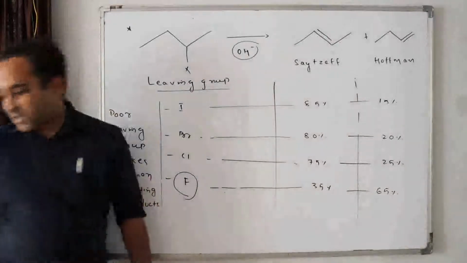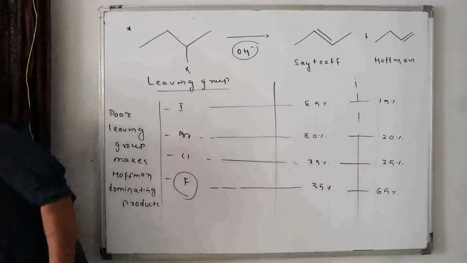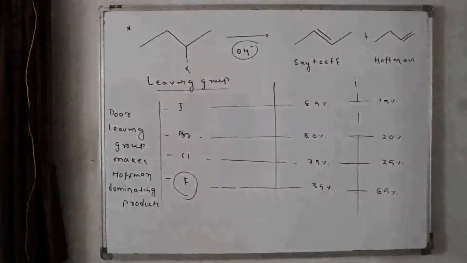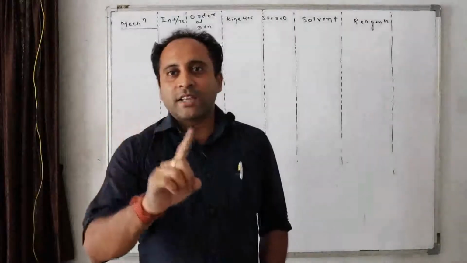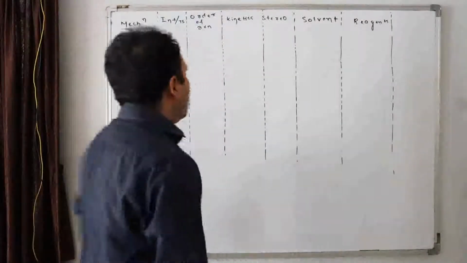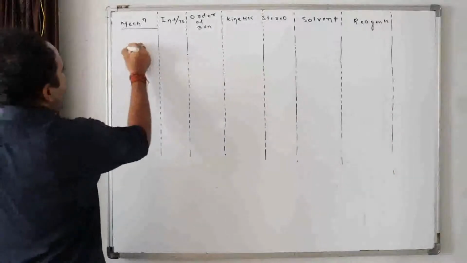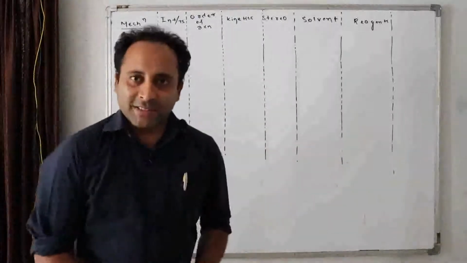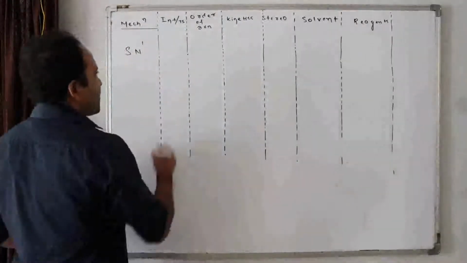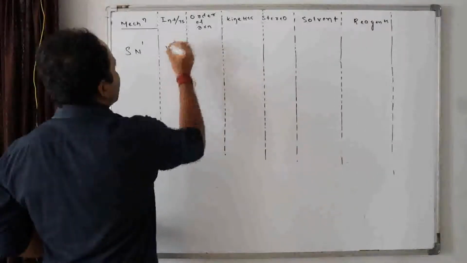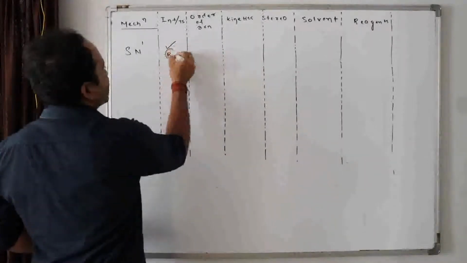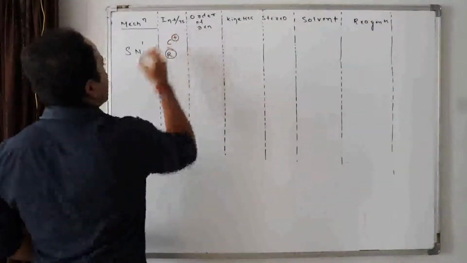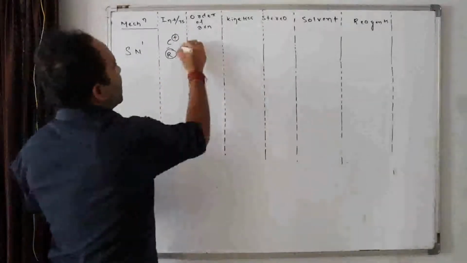Now, the next analysis. What is the next analysis? Next analysis is stereochemistry of SN1, SN2, E1, E2. Look here. Mechanism. SN1. Now tell me, is it a two-step reaction? So, a two-step reaction, in the first step an intermediate is formed. Does it rearrange? Yes. The intermediate formed is a carbocation and it does rearrange.